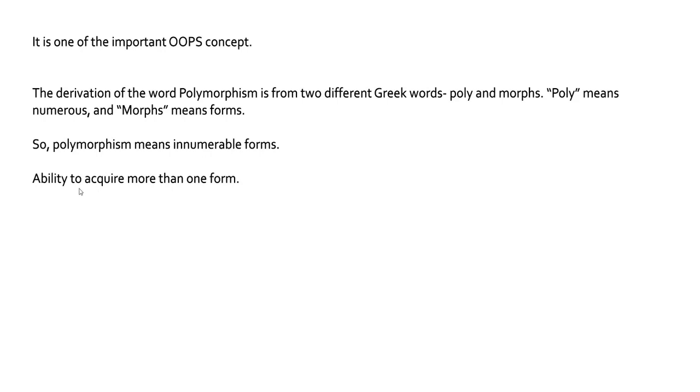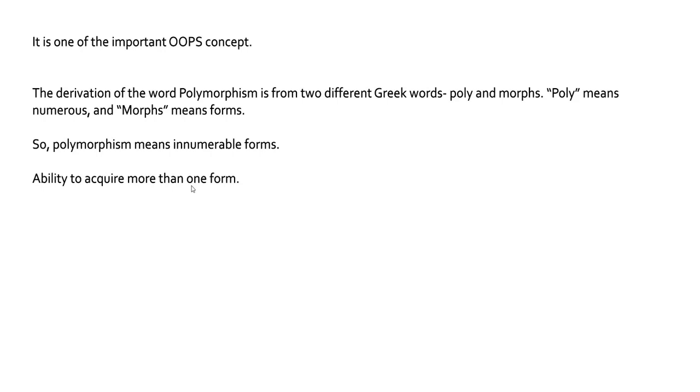So it is an ability to acquire more than one form. A method can have an ability to acquire more than one form. It's called as polymorphism. Okay, to give you an example, for example, a woman or a man, for example, a woman